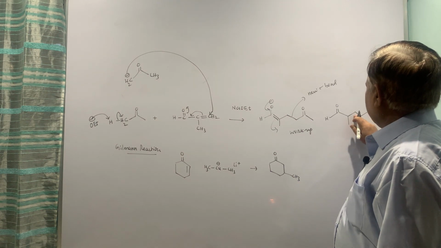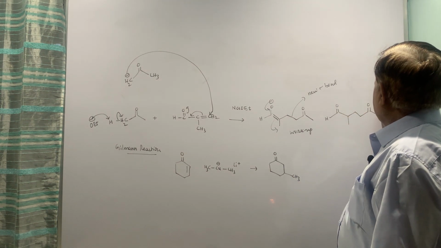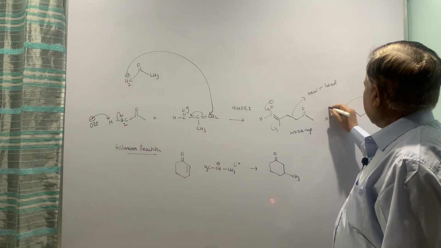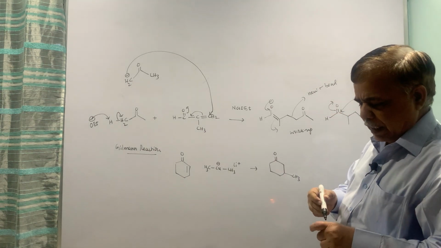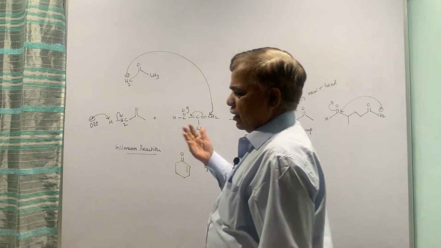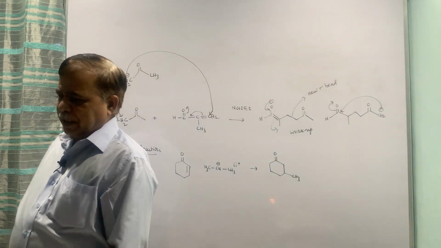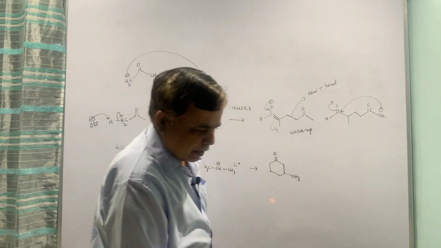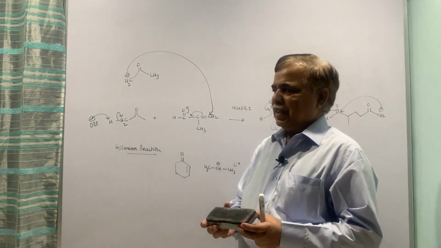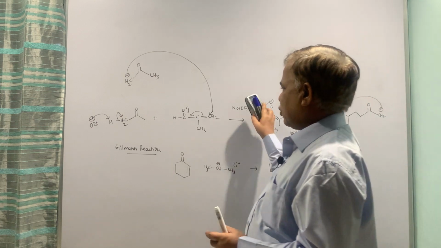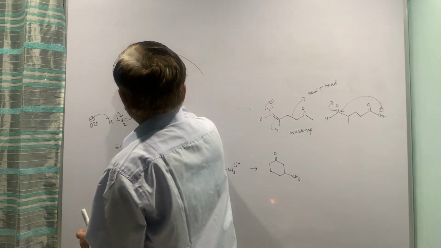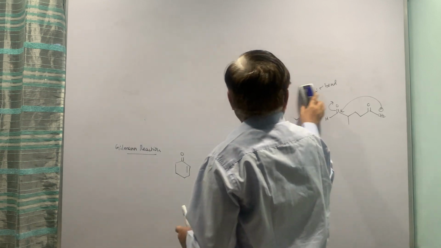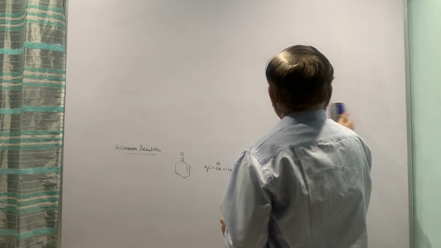1 2 3 4 5 6. So if you generate a carbanion here, you can add it here, and that is how the cyclization can take place. Then this becomes a new method to generate the cyclic compounds, and that's why it is known as Robinson annulation reaction. The next reaction is very interesting, that is Gilman reaction.